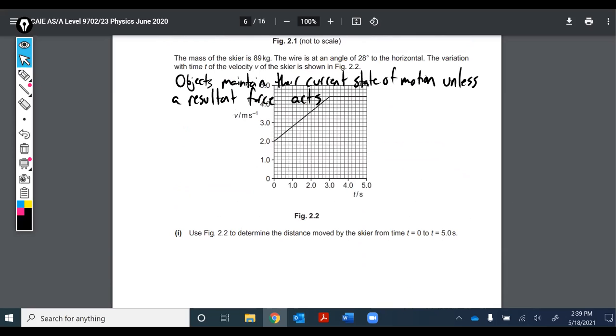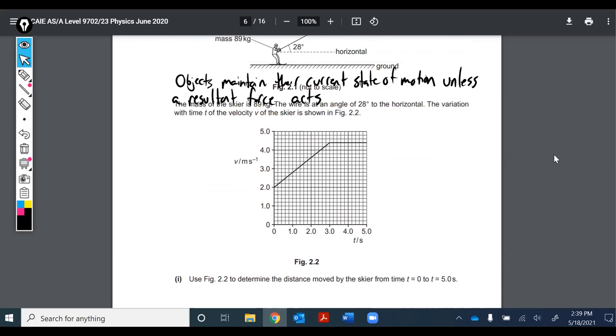Use the figure to determine the distance moved by the skier from the time t equals 0 to t equals 5. So the distance moved is the area underneath this curve, right? That's the displacement, moving in a straight line. We could break this down into a rectangle down here, and I guess a trapezoid on top, or there's a number of ways to break this down. We could think about it as this part of the motion here at 3 seconds. There's this constant speed of